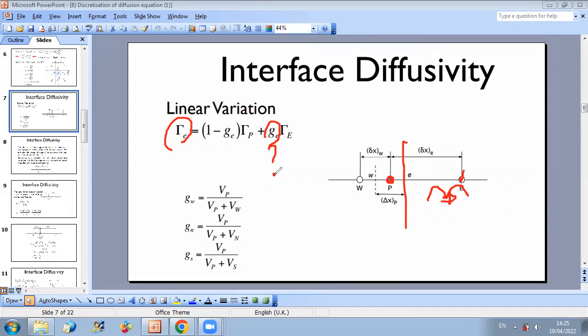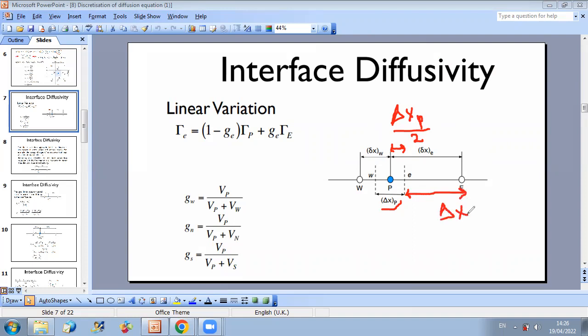If you are doing a linear approach, then if you look at this figure here, you know that the distance between point P and the east face is equal to half of delta x. So this is delta xp over 2. And the distance between the east face and point E is delta xe over 2. And if you apply a linear interpolation between the two points, you can define the coefficient at the east face as